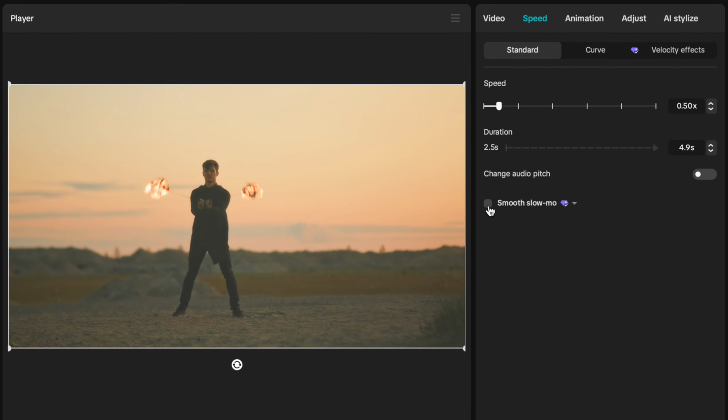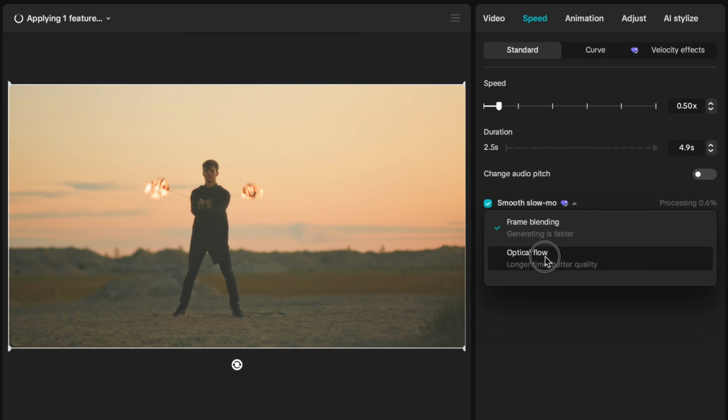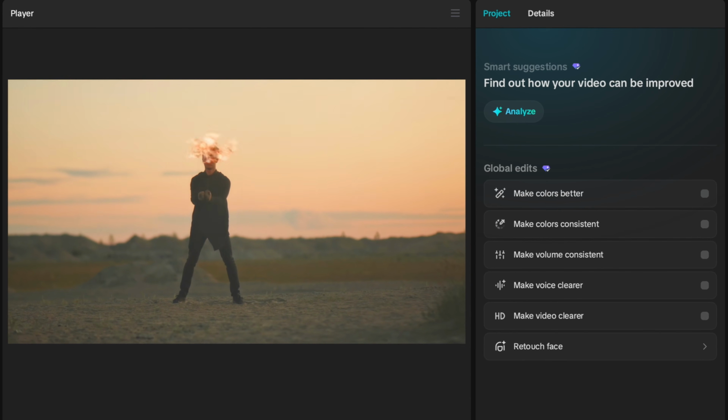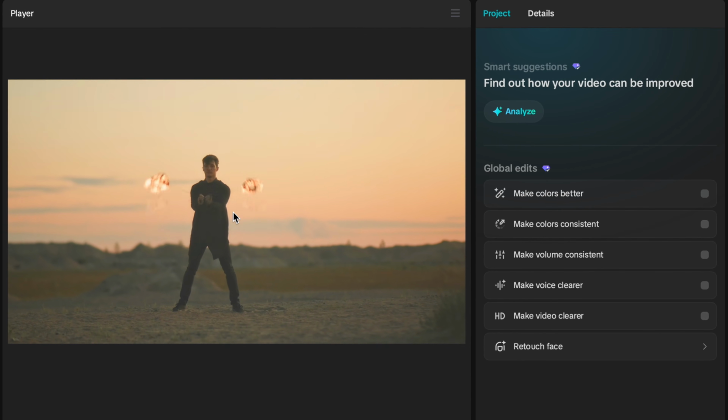All we then have to do is go to smooth slow motion, select that, and where it says frame blending, you're going to turn that to optical flow. Now, whereas this takes a little bit more time to apply, you're going to get a much better slow motion effect. Let's wait for this to apply and I'll show you the effect. Now, when I play my timeline, we've slowed that clip down by 50%, but we have this smooth, clear slow